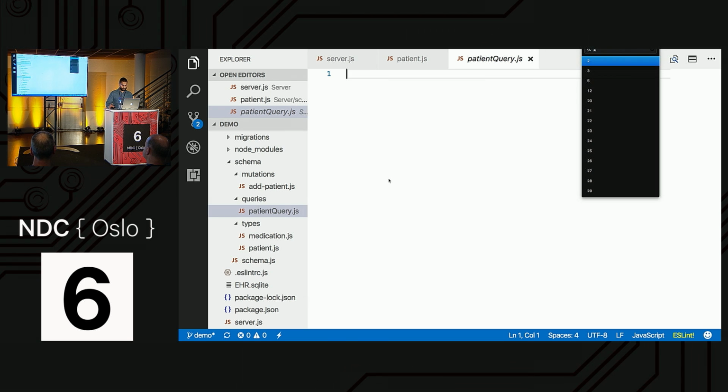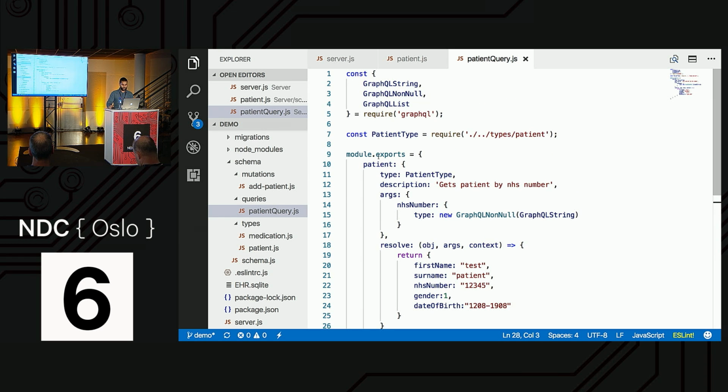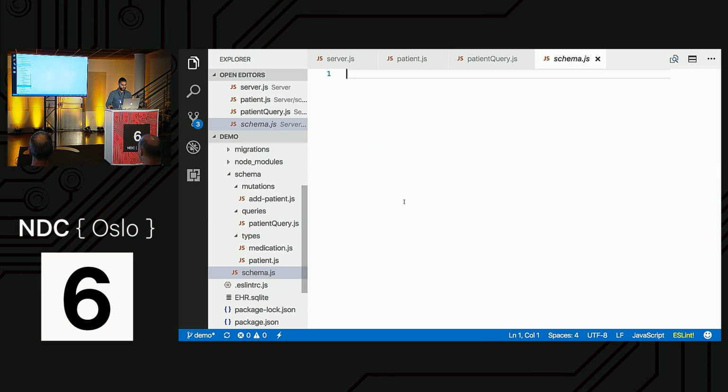So what we're going to do then is add in the resolve function. I've imported the patient, which gives us our patient type, and I've added some description, which we'll see in the graphical document editor. And then here's the most important bit, this resolve function. Currently I'm just returning some arbitrary data. It's just a JavaScript object. So now if we implement our schema,